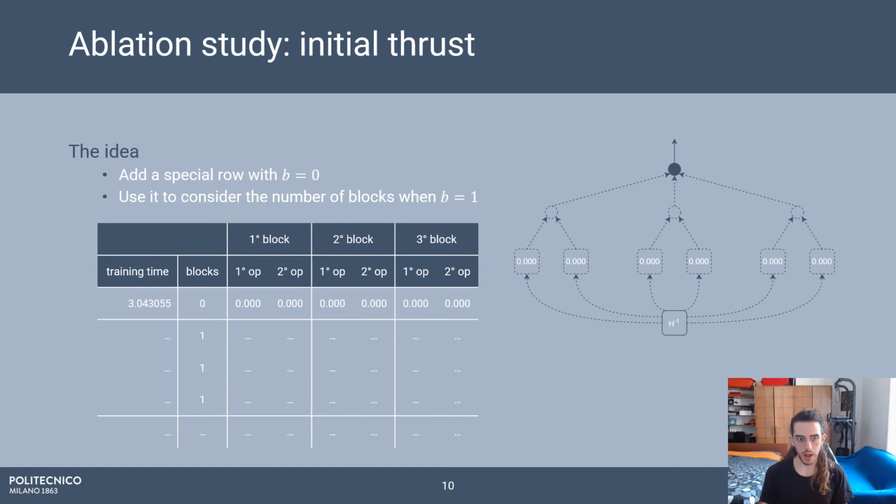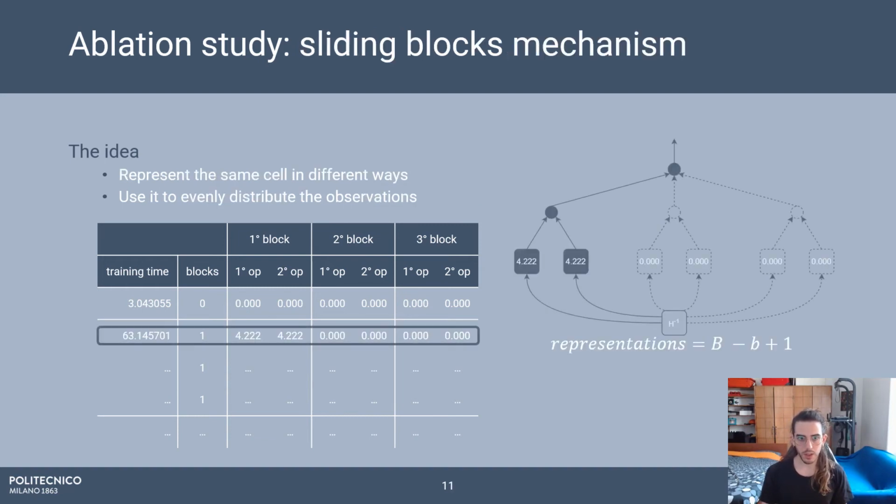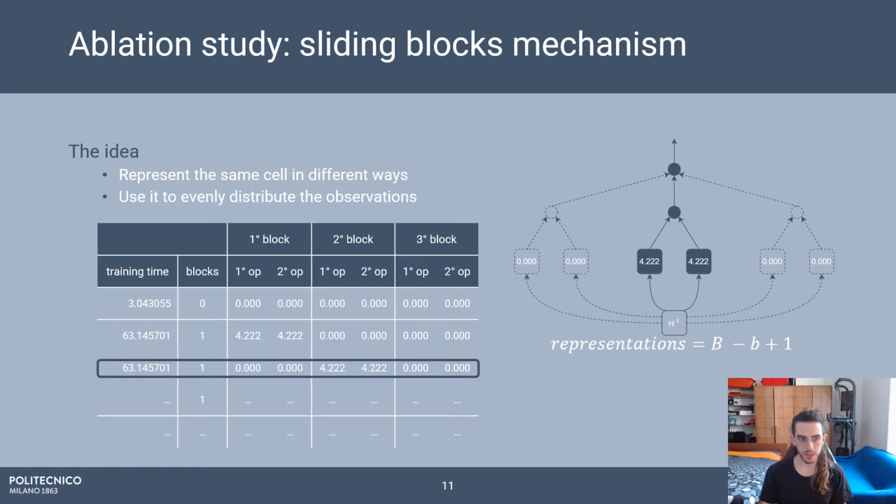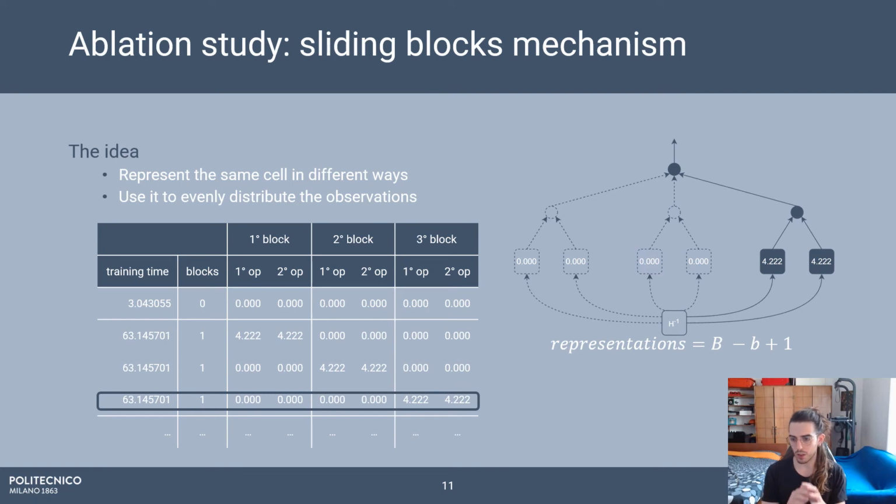So after this initial trust, we have created the thing that we called sliding block mechanism, which is basically a technique to represent the same cell in different ways, and this is used to evenly distribute all the observations among all the blocks in the cell.